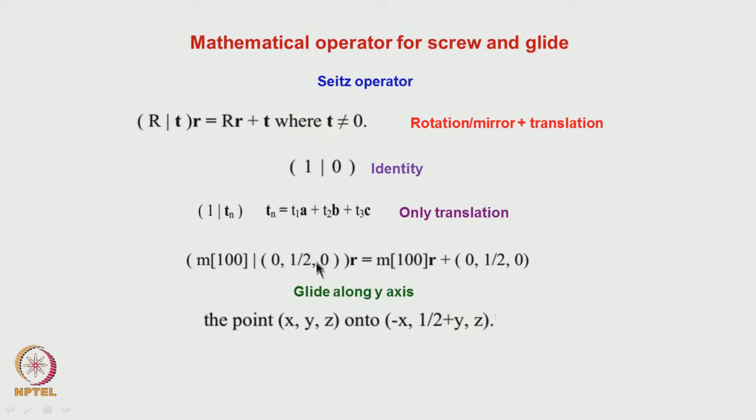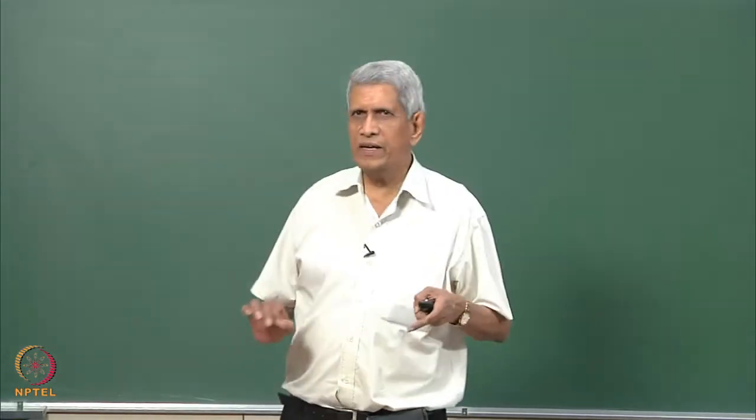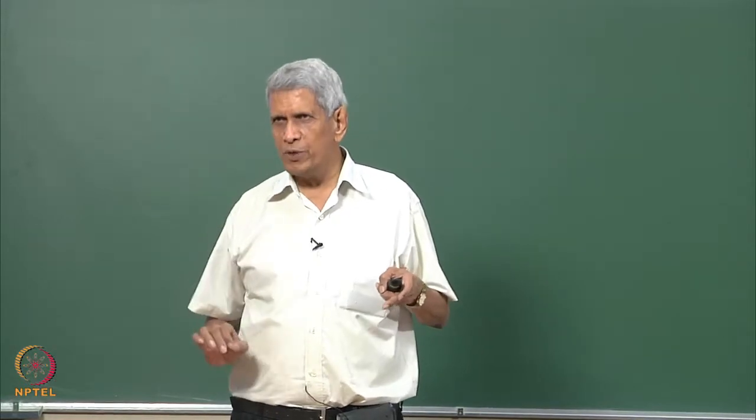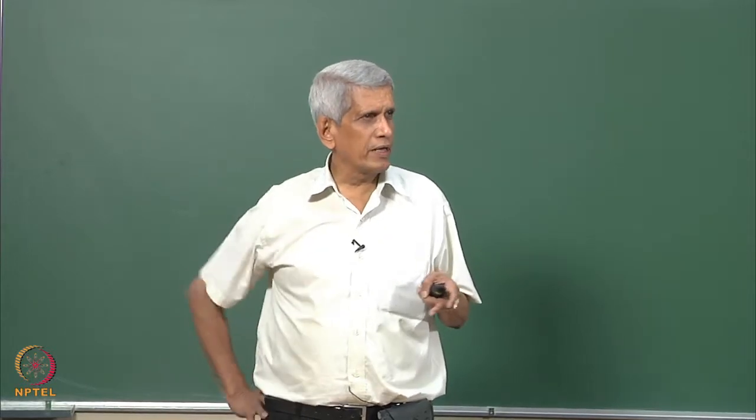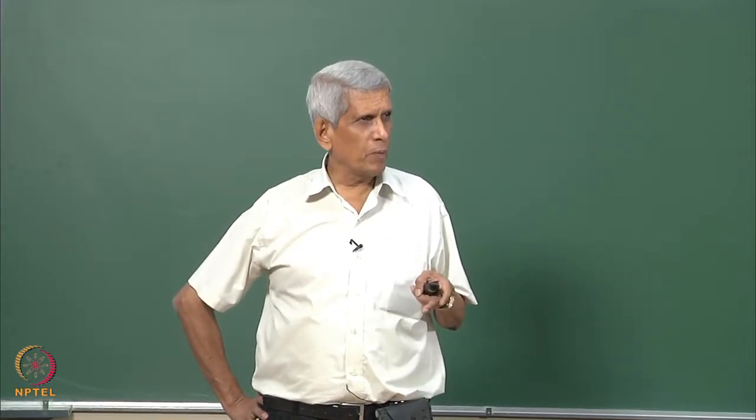So, in short, using this operator and the transformation matrix associated with the different symmetry elements like rotation, inversion and mirror, we can find out the coordinates of the other points after the symmetry operation. What we have considered there are just pure rotation, and rotation and inversion, and how it is represented in a stereogram, the point group symmetry.